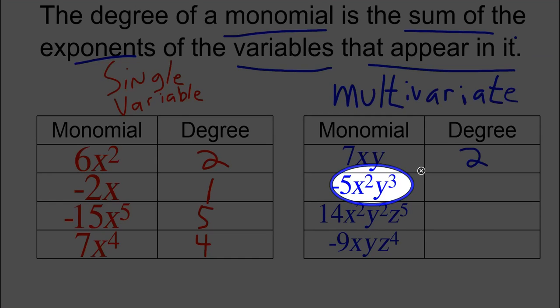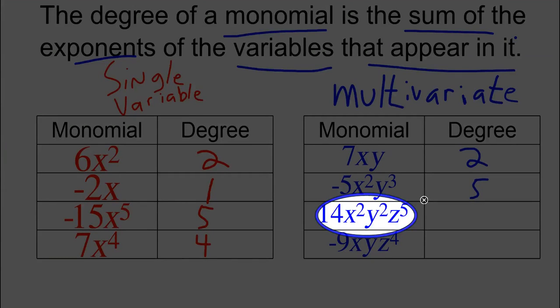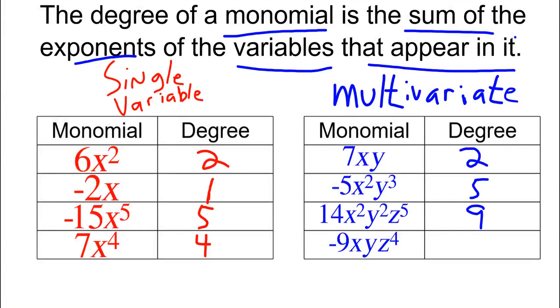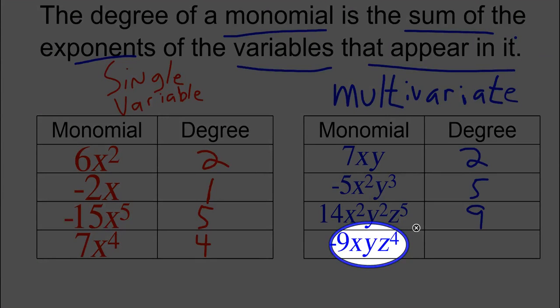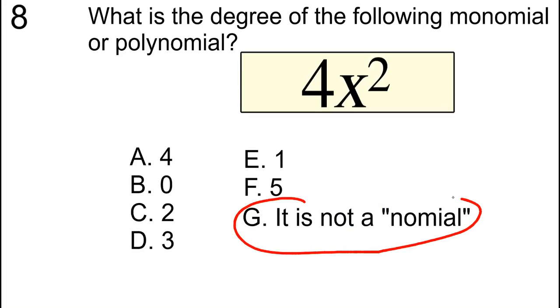This monomial has 2 x's and 3 y's. The degree is 5. This one has 2 x's, 2 y's, and 5 z's. The degree is 9. Finally, this one has 1 x, 1 y, and 4 z's. That is degree 6. In a problem like number 8, we want to start with G where it says it is not